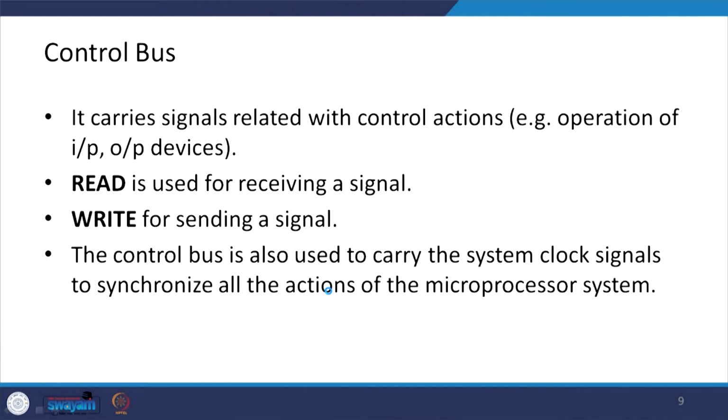Next is the control bus. It carries signals related with the control action, okay, that is the operation of the input output devices. Read is used for receiving a signal, whereas write is used for sending a signal. And the control bus is also used to carry the system clock signals to synchronize all the actions of